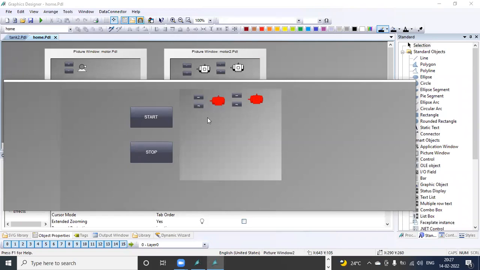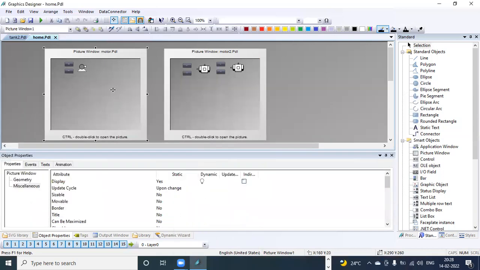Adapt size means it takes the actual size of the picture. Here, adapt picture means that window is set within the picture window size. There's a difference here. So this way I can display different windows in one picture window. Okay. Now,